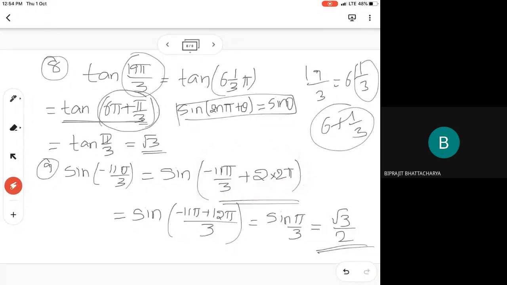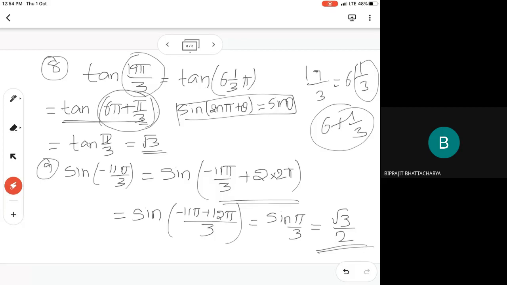Yes sir. Here if you take the by 1, then doing the LCM, you are going to get 11 pi plus 12 pi, because 4 times 3 is 12 pi. As we need to get the 12 pi, I know that we will get it, that's why I have taken 2 into 2 pi. That is the reason. After simplifying, you get pi by 3, sin pi by 3 value is root 3 by 2. This is an easy method I have chosen for you, that's all.